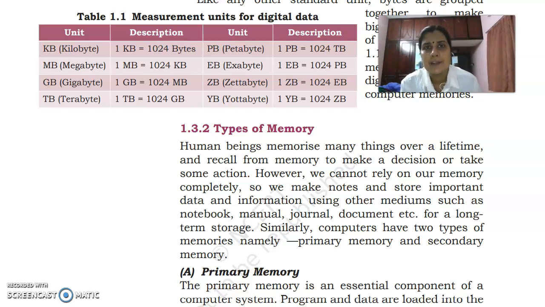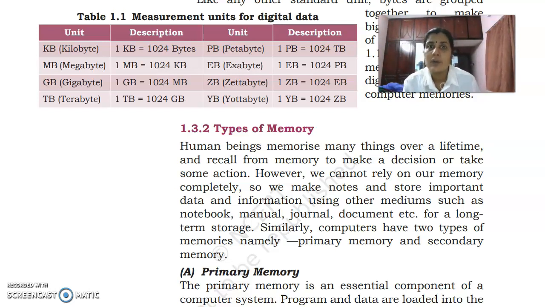Next is KB. You have definitely heard kilobytes or KB. How many KBs of data? How many MBs of data? We already specify this when we are storing a video. If I am producing a video, it must be sometimes in MB or GB. So 1 kilobyte equal to 1024 bytes. You know, 1 byte equal to 8 bits. 1 KB equal to 1024 bytes.